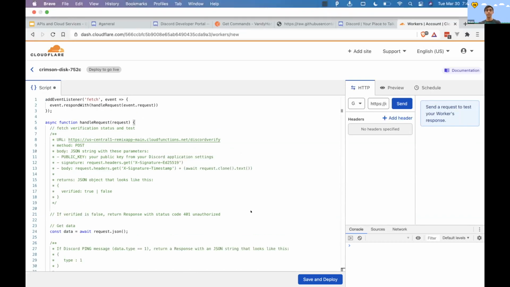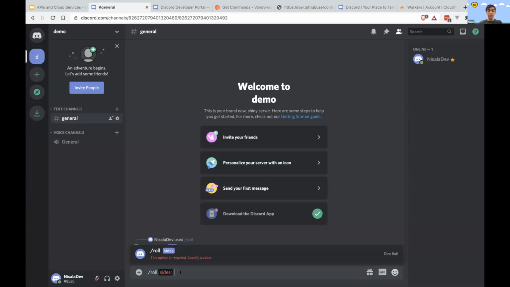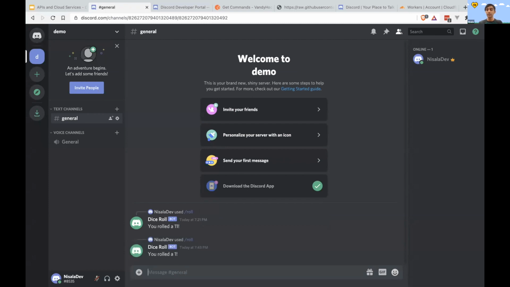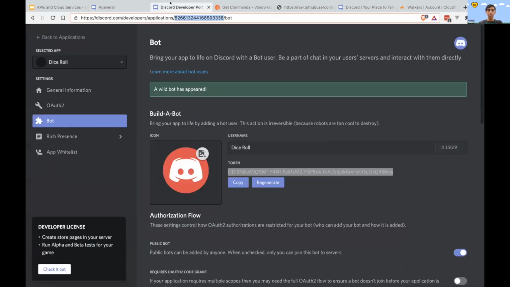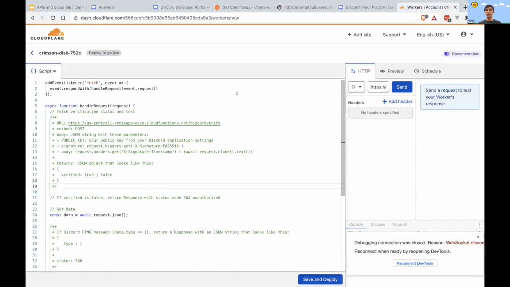Let's do it. The first thing we need to do: one thing that Discord is really finicky about, and that you should be finicky about in your APIs too, is making sure that only people who are authorized to use the API can use it. When we made Postman requests to Discord, it used that auth token. But when I make a slash command here, it's not going to send my auth token, because who knows what I'm going to do with that? That's unsafe. Instead it's going to send a signature to prove that it came from a verified server, from a server that the bot is supposed to live on, with a signature